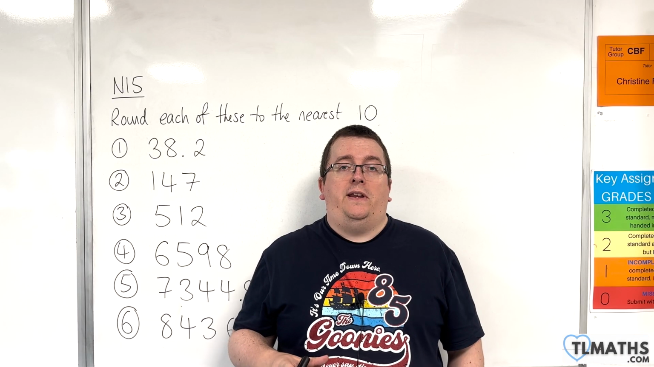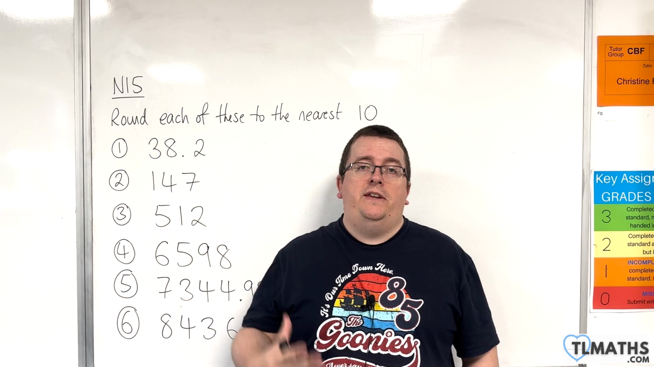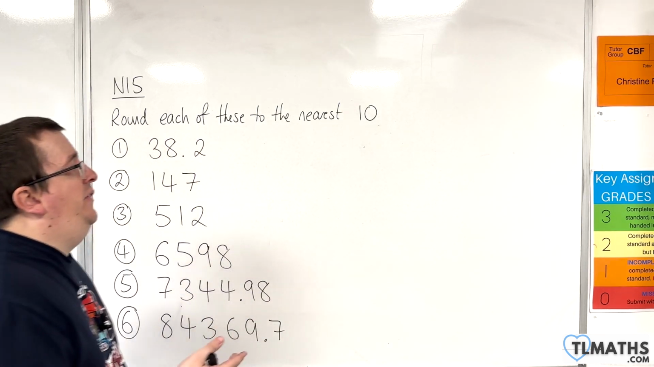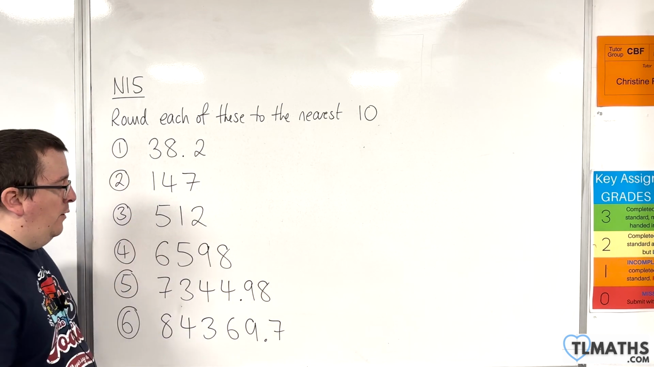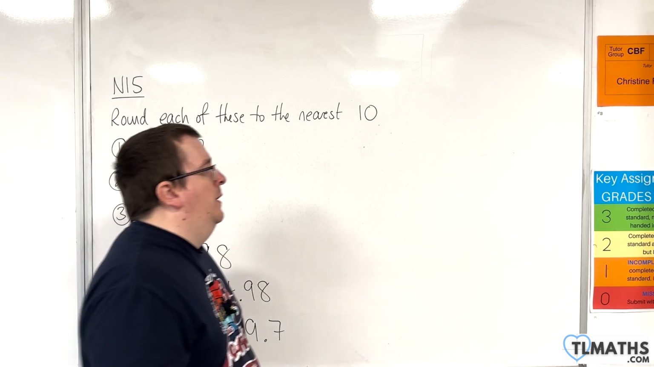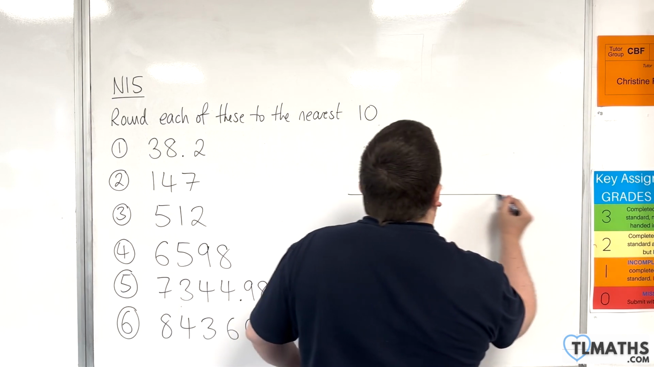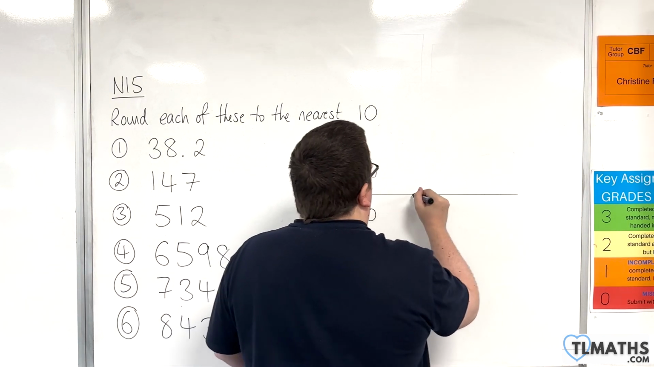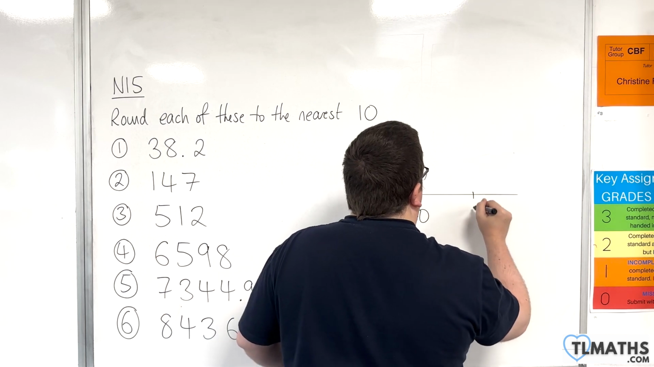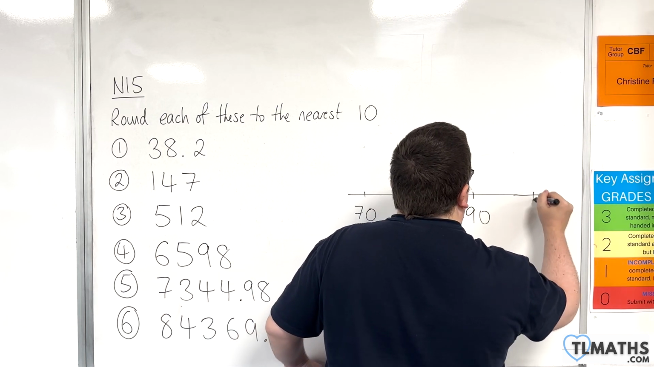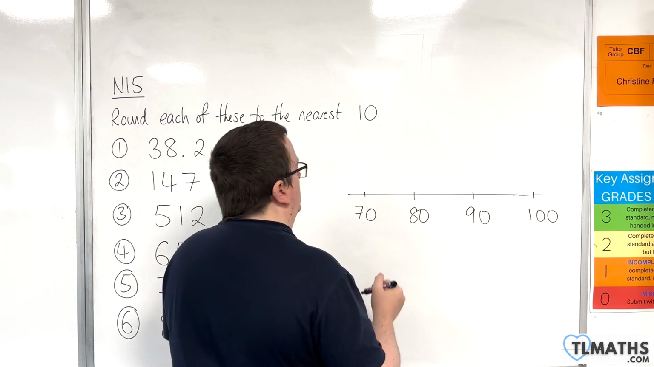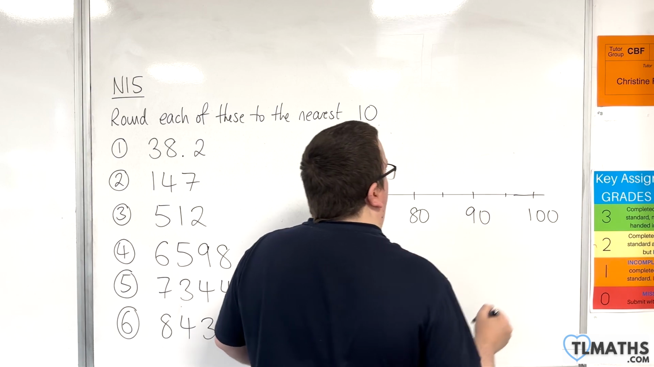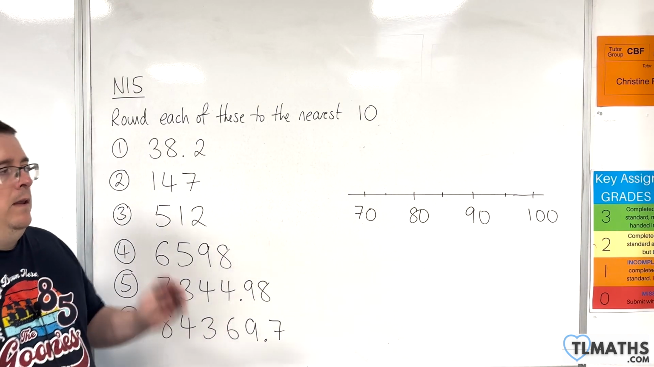So in the previous two videos, we were looking at rounding to the nearest whole number, but now we're going to be looking at rounding to the nearest 10. Now, before I go through the examples here, let's think back to the number line. So if I had 70, 80, 90, 100, for example, and here's 75, here's 85, and here's 95, then in